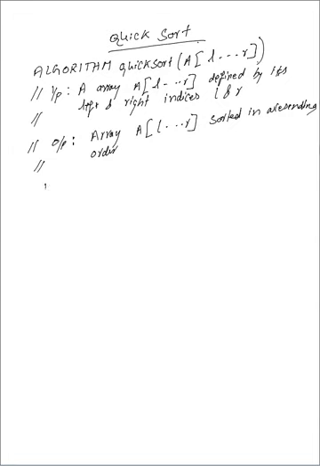If L is less than R, what do you have to do? First you find the S element, the position of the pivot element. Via how you are going to find? The partition algorithm. I will tell you what is this partition algorithm. We will call that function. Afterwards, once we placed the S element in its